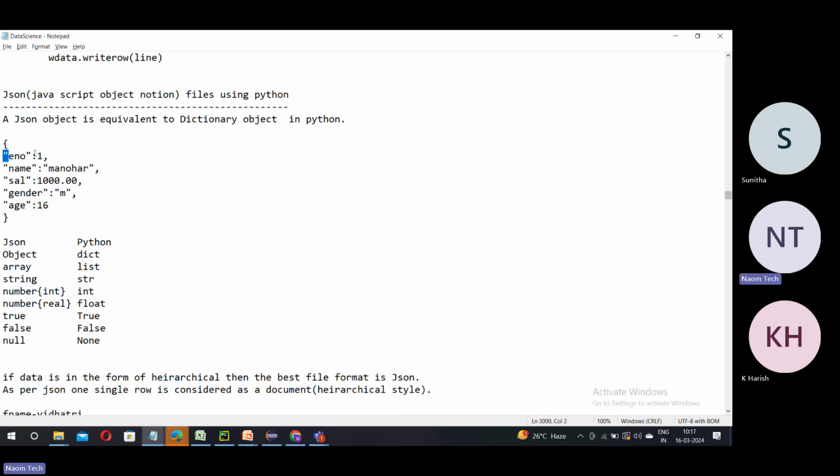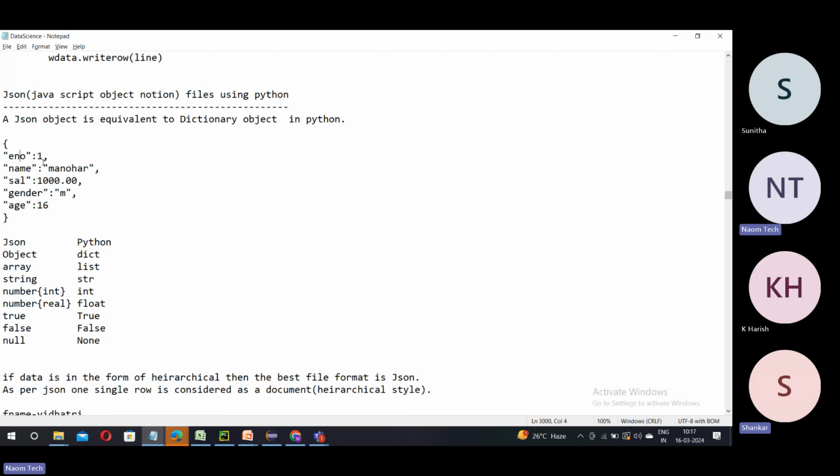JSON is an object which holds data, where data is stored in the form of key and value pairs, and each key value pair is separated with a comma. Generally, strings are stored in double quotes and non-strings are stored without quotes, like numeric data is stored without quotes. So that is something which you need to understand. If you see here,